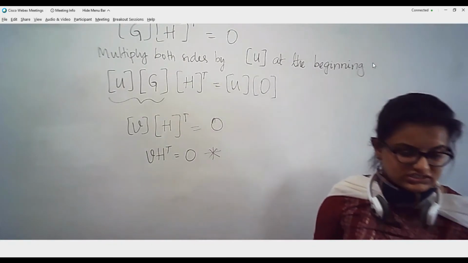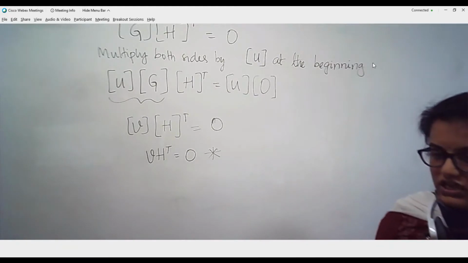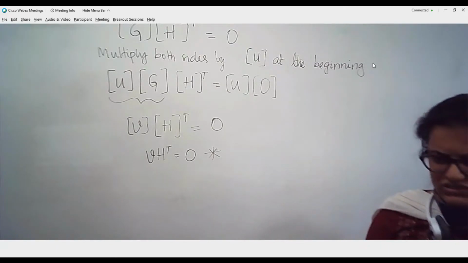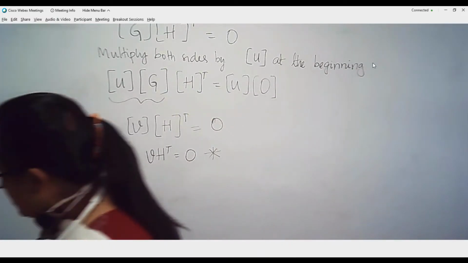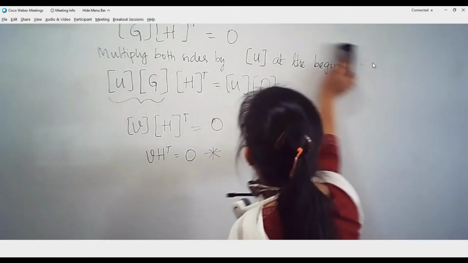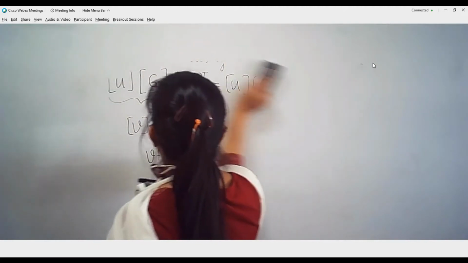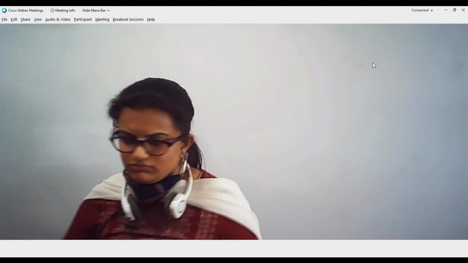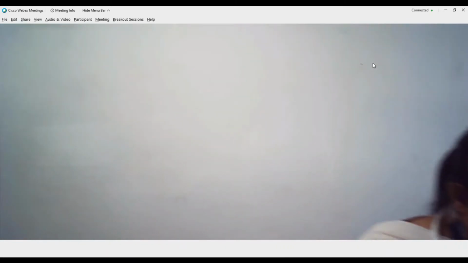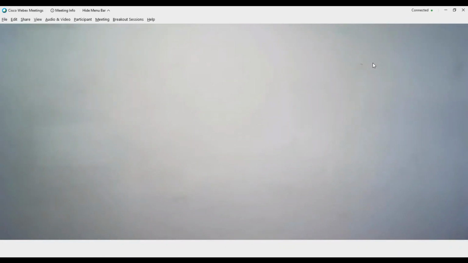Please go through this derivation again in your textbook. It is given over there as an exercise or an example problem. So please go through that. You will understand it thoroughly if you do it today itself. This result will be very much necessary in order to do the decoding process.